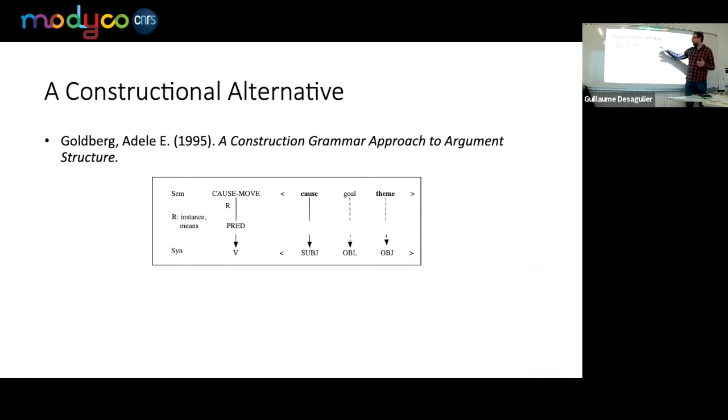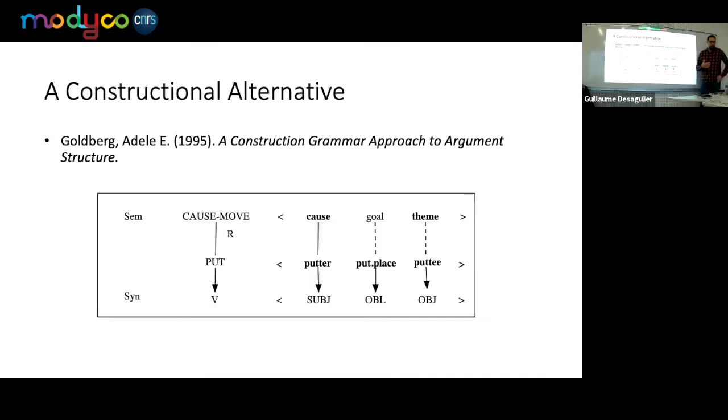It maps a cause, or some goal and some theme onto syntactic functions like subject, oblique, and object. And some of these roles are obligatory. The construction requires the verb to supply these. But if the verb does not have that, then the larger construction can still add this information. And a very clear case of when this happens is when you have a verb like to put that has all of the information